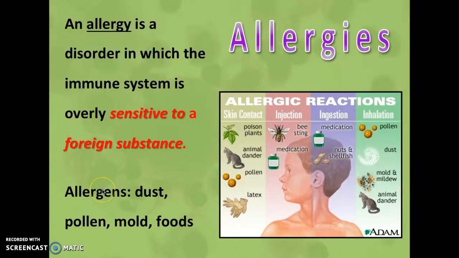So different types of allergens in the air are going to cause your body to react a little differently and kind of overreacts. Some people have really severe allergies and have to have EpiPens or have to take Benadryl or something if they come in contact with the allergen that makes them sick, like bee stings. So if you have an allergy, then allergies to different things are pretty common, and it just means your body is really sensitive to a particular